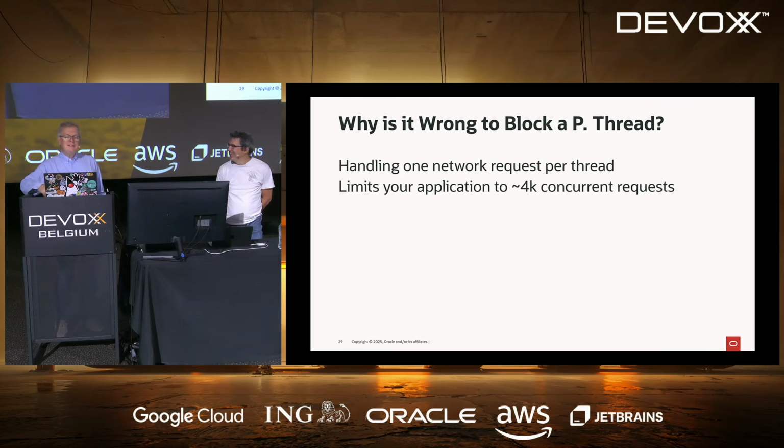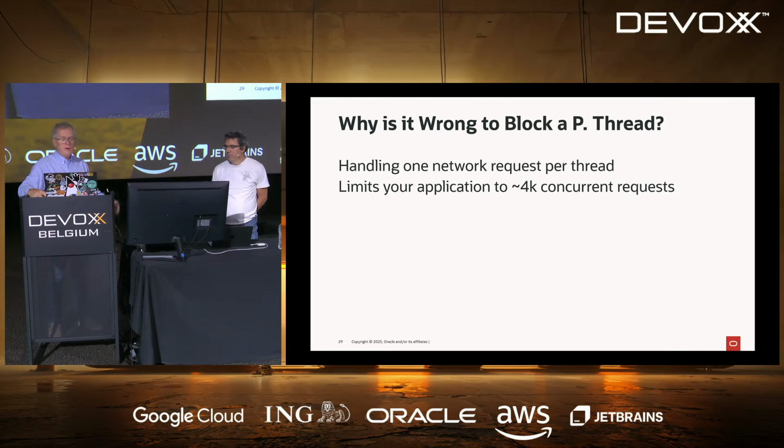So it means that if you want to write your code that is doing some network calls with this old pattern from the early 2000s, late 90s, where you have one thread that is handling one network request, and that leads to very easy to read code, by the way, it means that your application is limited to the number of threads you can have, which is in the order of the thousands.